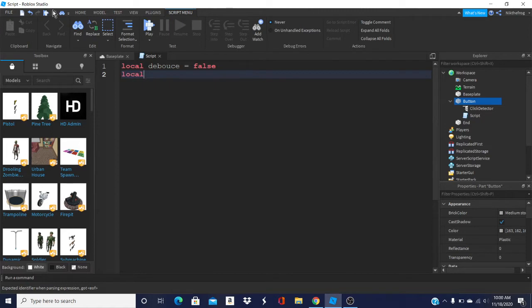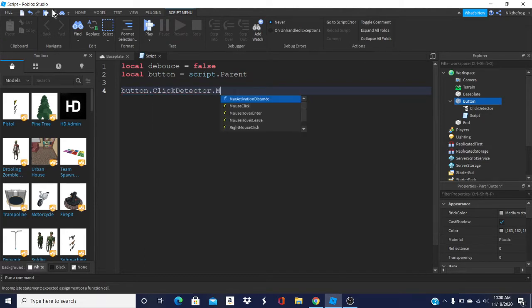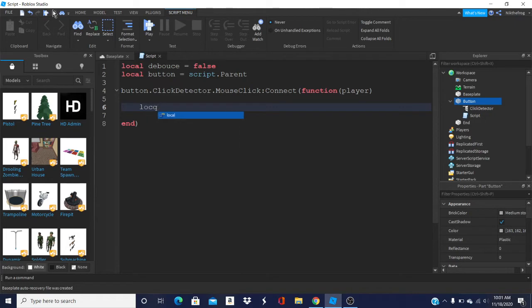Then type local button equals script.Parent. Next, you want to type button.ClickDetector.MouseClick:Connect(function(player). Then press enter, enter, enter, so you have 3 lines, and in the middle, type local